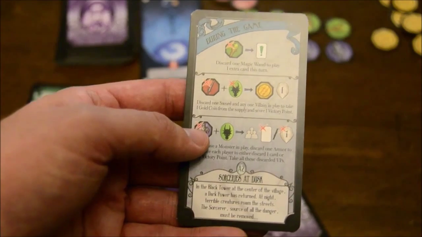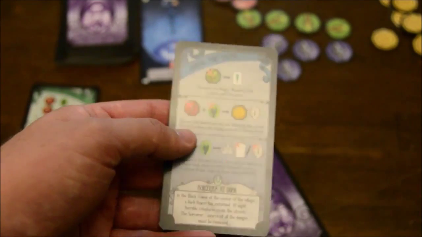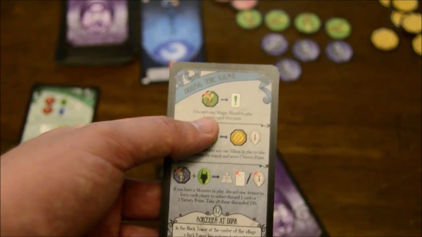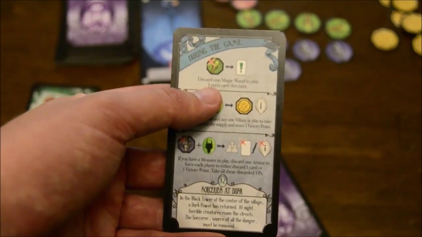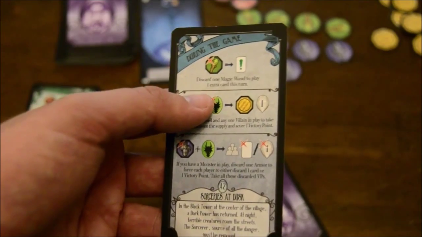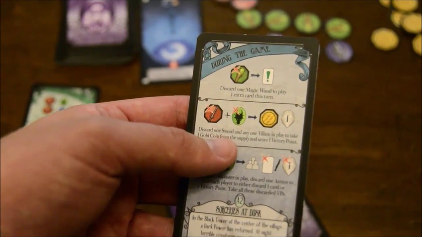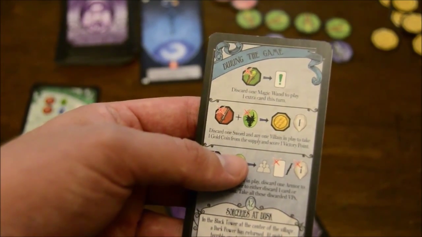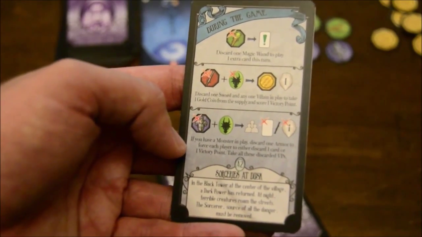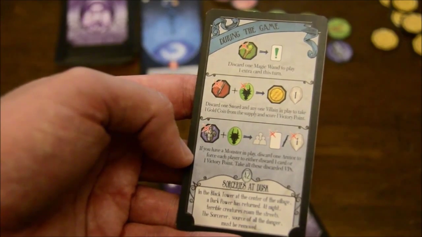So this one is the Sorcerers at Dusk, and I'm not even going to read it. It's something about Black Dawn, Sorcerer, people, blah, blah, blah. What this says is how magic wands work in this setting of the game, and it will change depending on which card you use. You discard a magic wand to play an extra card this turn. Or you can discard a sword and any one villain in play to take a gold coin from the supply and take a victory point. Or, if you have a monster in play, you can discard 1 armor or force each player to...